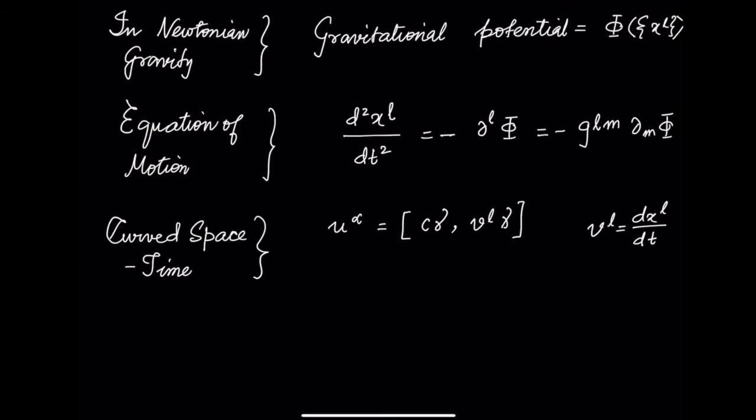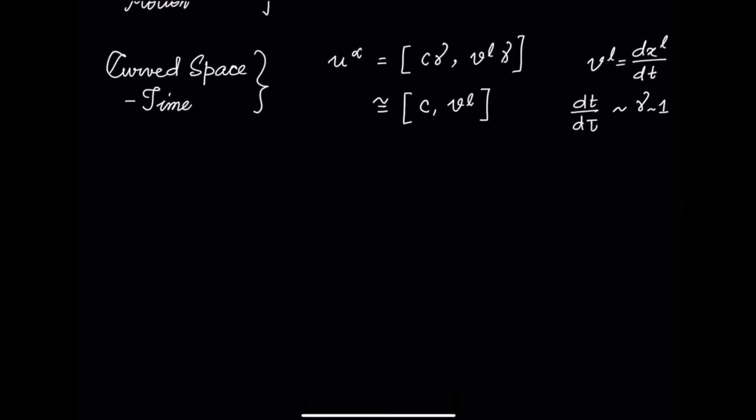And you may also remember that gamma is given by dt by d tau. dt by d tau is nothing but gamma, and that is 1, which essentially means that this can be approximated to c and vl, and as c does not change, du alpha d tau will be 0 for alpha equals 0, which means that if I write now the geodesic equations,